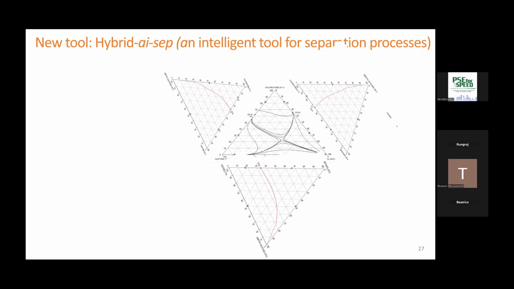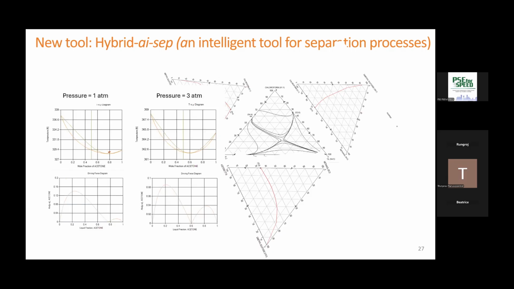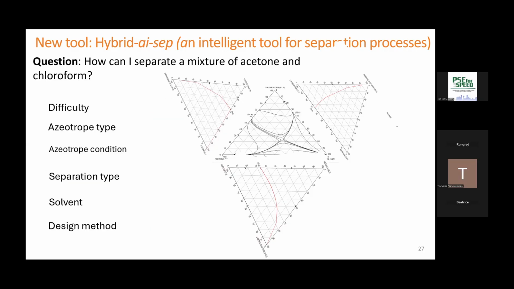So if we take one compound out, there will be only 2 compounds left with one azeotrope, and it becomes a very easy separation. So if we take chloroform out, then acetone methanol is remaining. It turns out to be a pressure-sensitive azeotrope, and pressure swing distillation is possible. So we asked for just acetone chloroform,